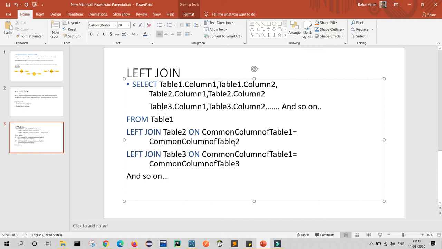Similarly, if you want to add more tables, then left join table 3 on common column of table 1 equals common column of table 3 and so on. Let's do it in a practical way.